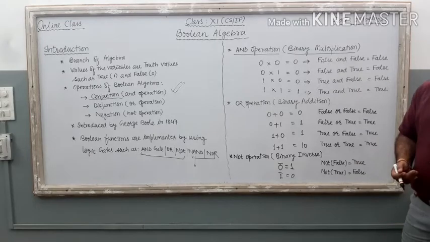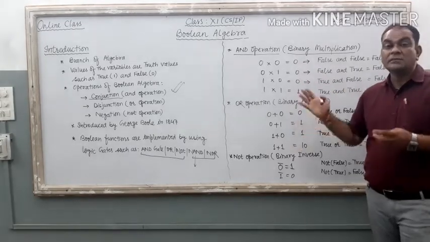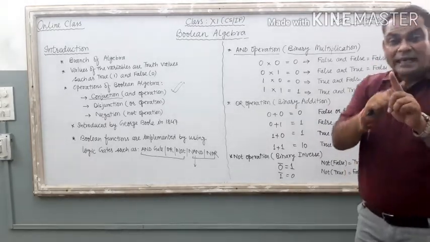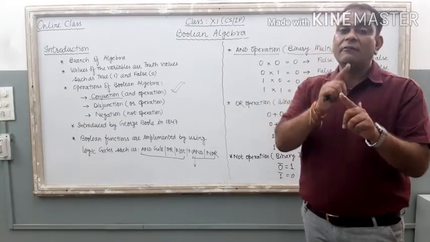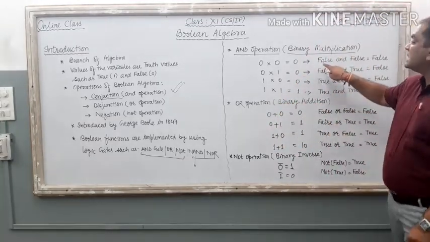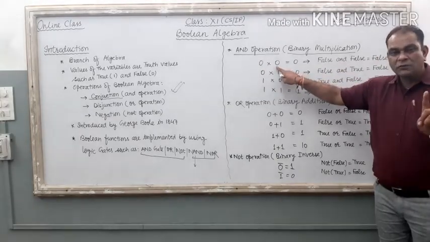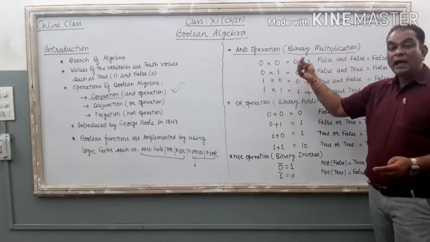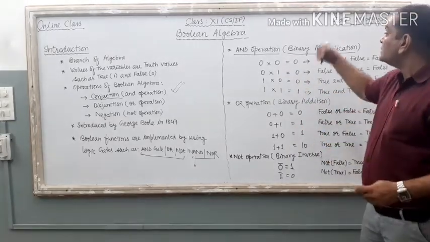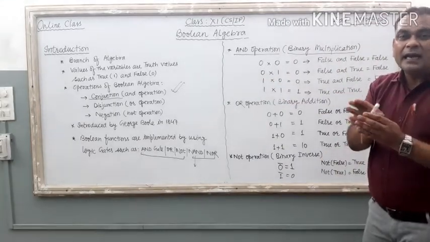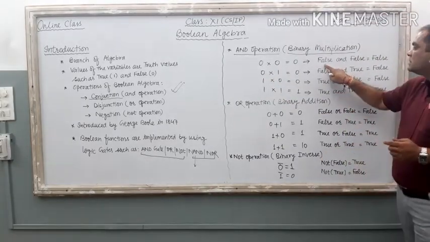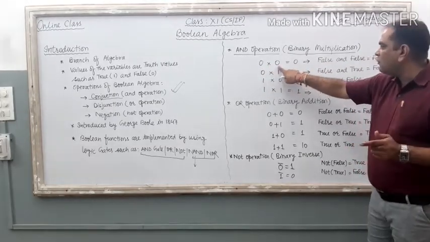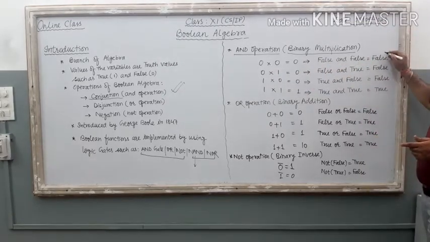Now if we want to know what is the transformation of this multiplication in Boolean algebra, here in Boolean algebra, each and every 0 is denoted as false, each and every 1 is denoted as true. So here just check the first line. 0 into 0 means what? False into false. Into means AND operation, right? It is binary multiplication. And if we put this equation in Boolean algebra, we just put AND instead of the multiply symbol. So it is false and false. 0 means false, multiply means AND, then false. False and false, result is false. It is the very first line.